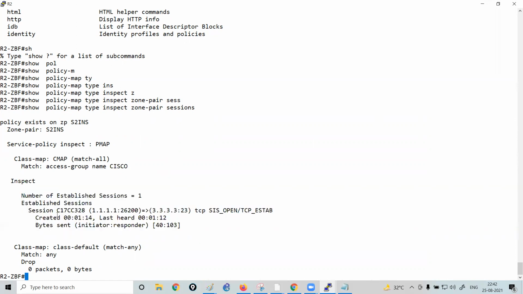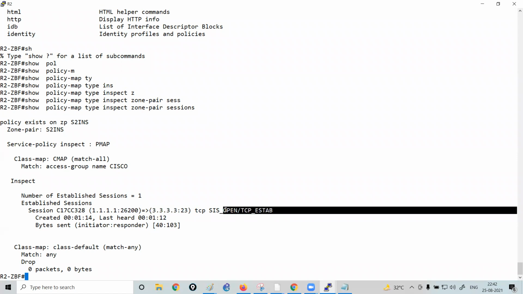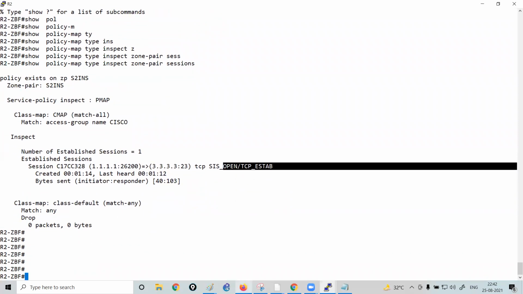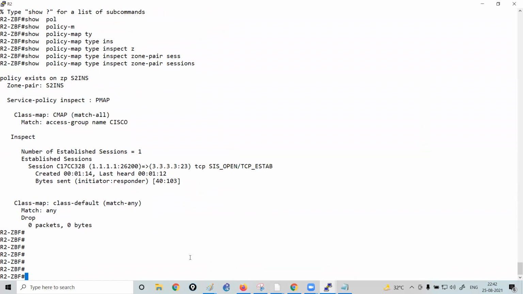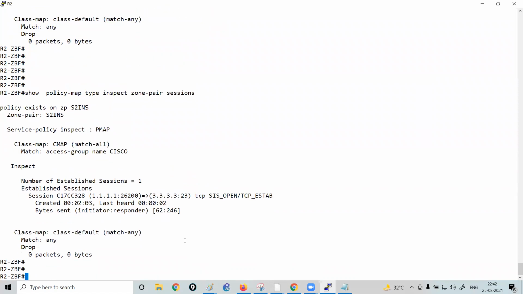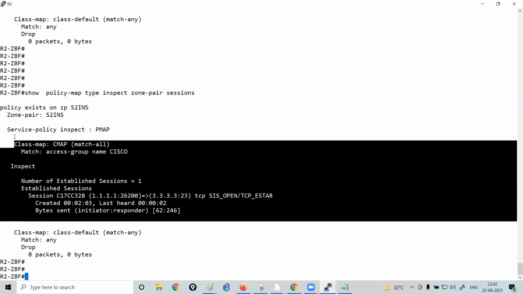Your router says that it has received traffic from 1.1.1.1 with a random port number to the destination IP, and the connection has been established. Now, if I move to router R1, you are able to execute the commands and it is working absolutely fine.